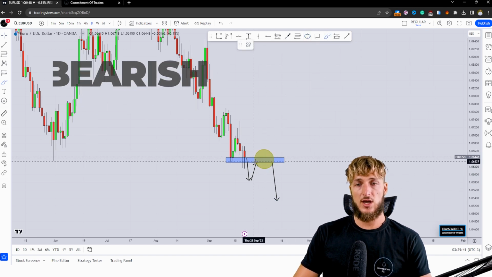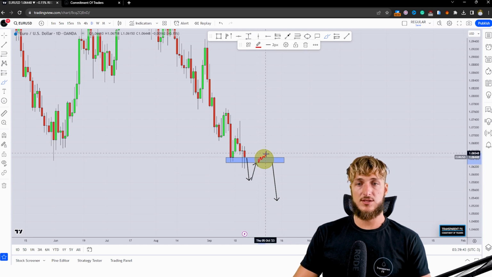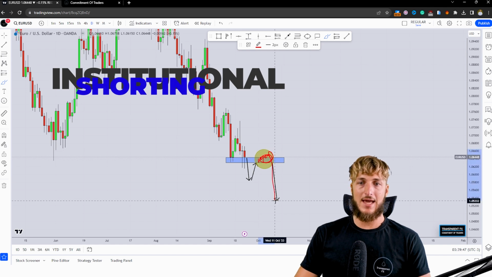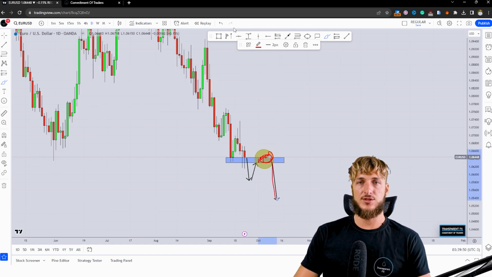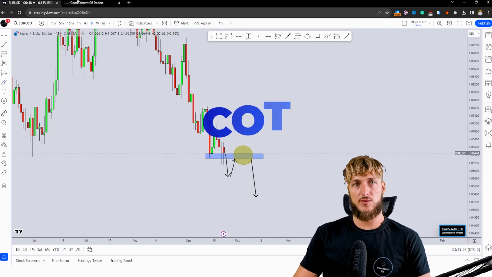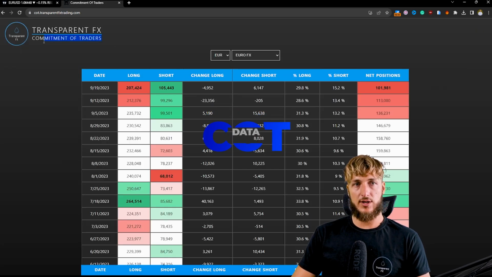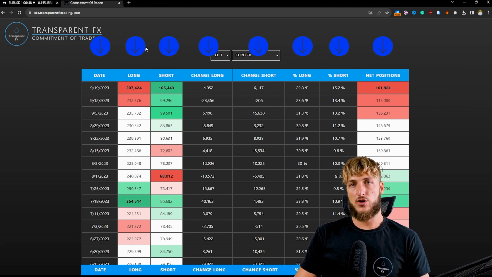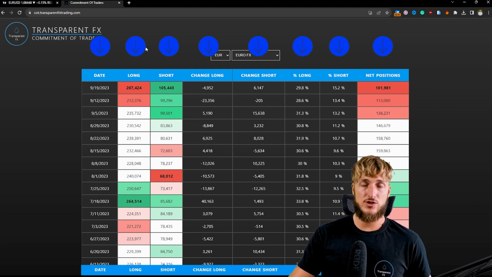And that is essentially where we would have very good probabilities to see more institutional shorting inside of the zone, at that point further increasing the probabilities of a potential move lower. Now, why do I speak about institutional shorting? Because if we go and see what we have when it comes to the commitment of traders, so the COT data, which is essentially what the non-commercials, so the biggest speculators in the market are doing, which are hedge funds,